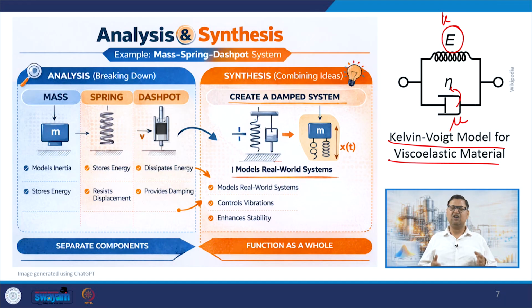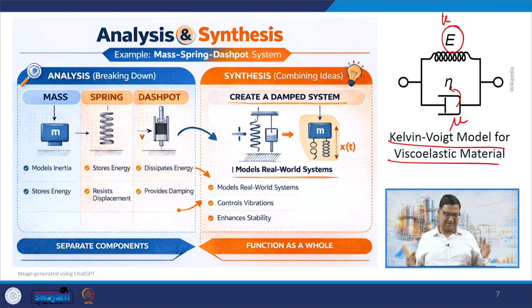One is the idea of analysis. What we have done here for the Spring-Dashpot is we looked at the mass, the block, we looked at the spring, and we looked at the dashpot, and all of them had some characteristic, let us say m, k, mu. So, basically in the process of doing that, we have broken down the system of the spring, dashpot and block into its three subsystems, the mass, spring and dashpot. That is what I mean by the